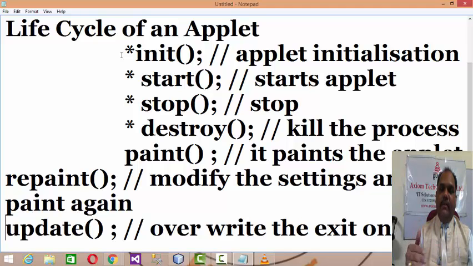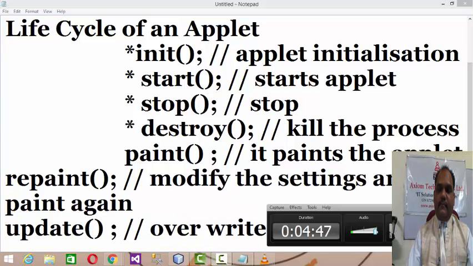Paint will paint the things for the first time, repaint will update with the modified settings, and update will actually override the existing one. If you have prior paint logic available, the update will override on the same paint logic again. This is the difference between update and paint. This is the life cycle of an applet.